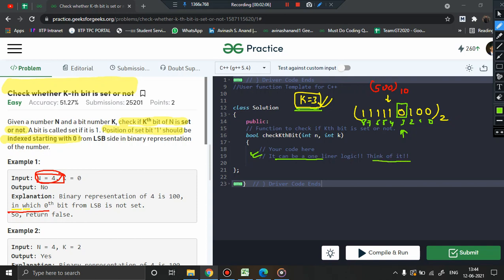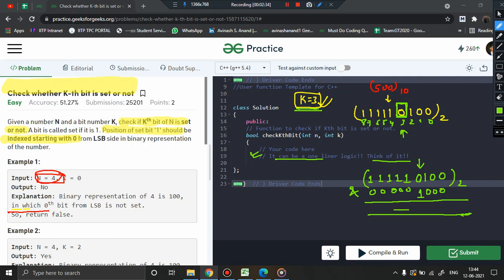How? Since we are just trying to check whether this particular bit is set or not, don't you think it would be a good idea to have a number like this, the entire number I'm copying here? So suppose I have the number 0 1 0 0. This is the binary representation of the number 500, and since I want to focus on this bit, why not create a number like this where 1 will be present only under this bit, and perform the AND operation? Now if this value is not equal to 0,